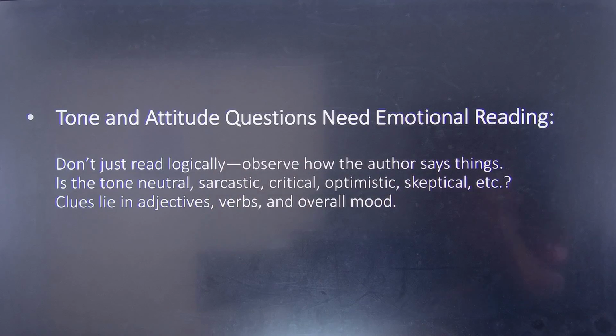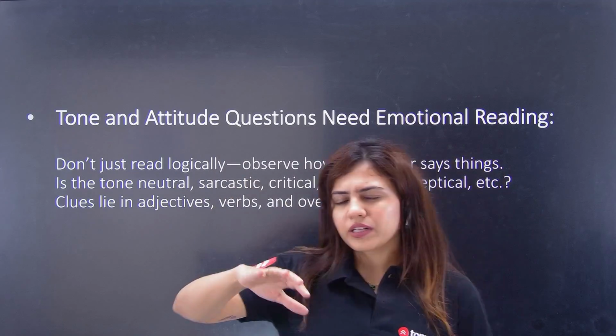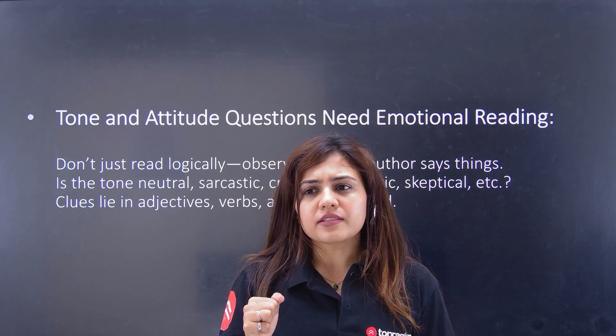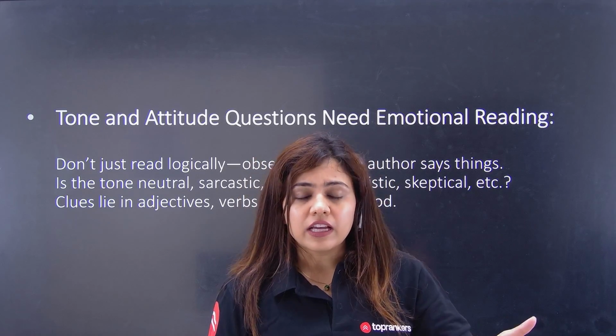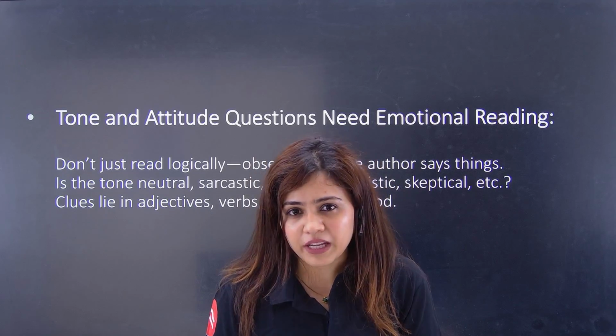ठीक है तो यहाँ पे हम देख सकते हैं observe how the author says things. Is the tone neutral, sarcastic, critical? What does that mean? Neutral means, is it only fact driven? If it is sarcastic, maybe he's talking about something that he doesn't really mean. For example,